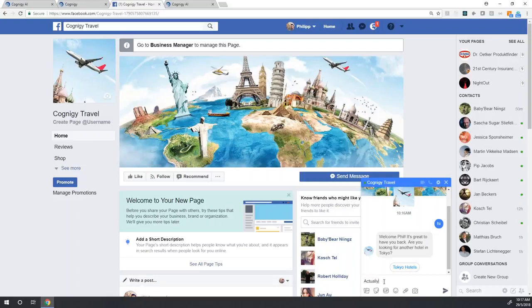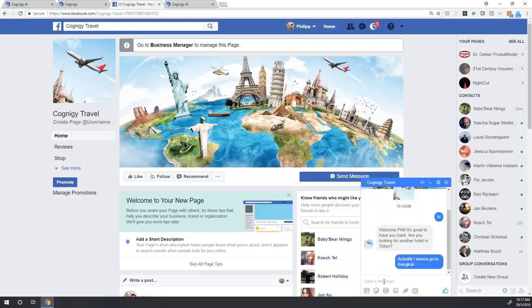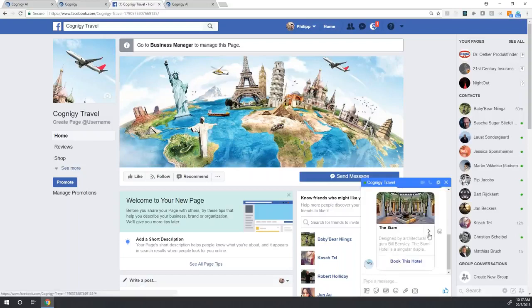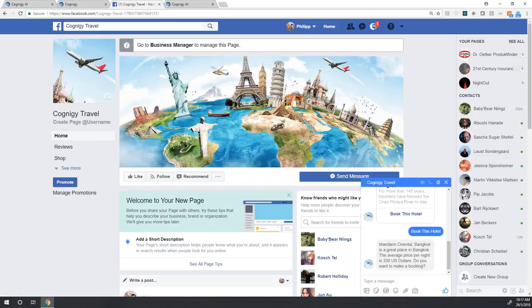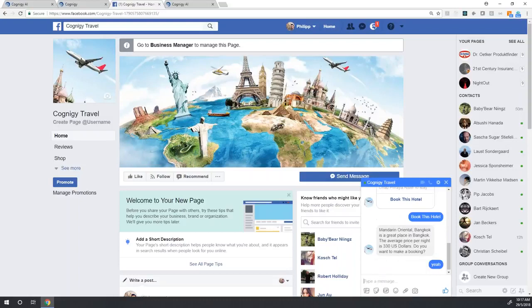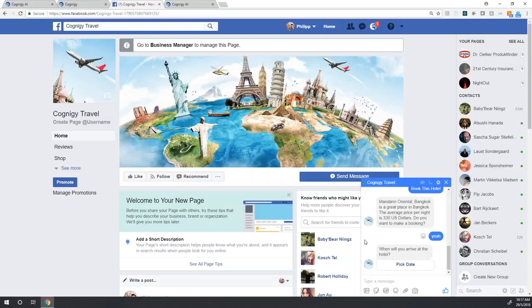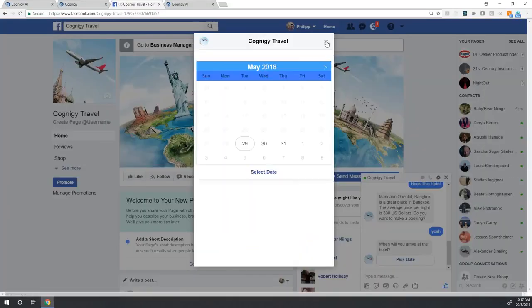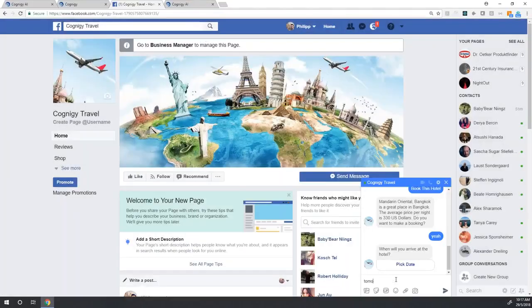And actually, I want to go to Bangkok. So now we're getting hotels in Bangkok. I select one. And of course, this is this exact same Cognigy flow behind the scenes. So let's say in this case, we just say, yeah, I want to make the booking. Now it kicks us into the form. In this form, we said, if you can, autofill the dates. And if you can, take the first name and last name from the profile. So here we need to pick a date now, so we can use the date picker that we have built in, or I can just put a date like, for example, tomorrow.